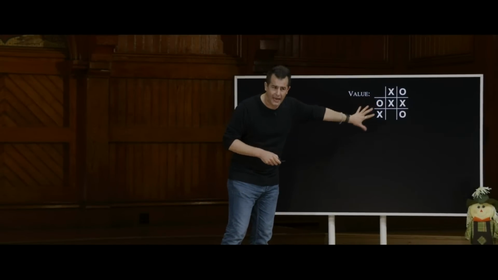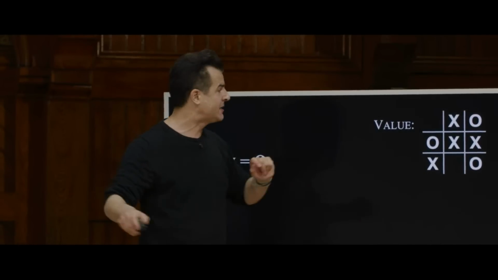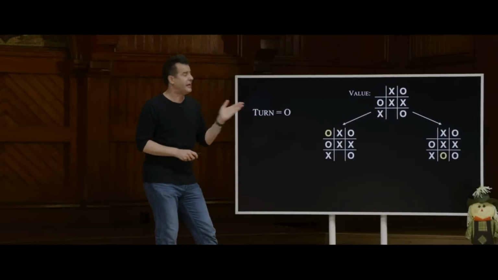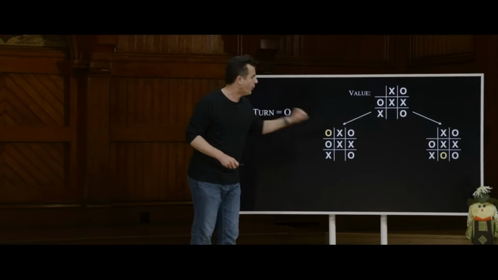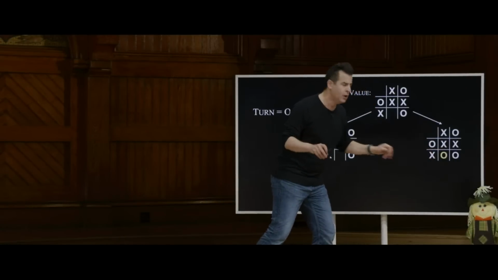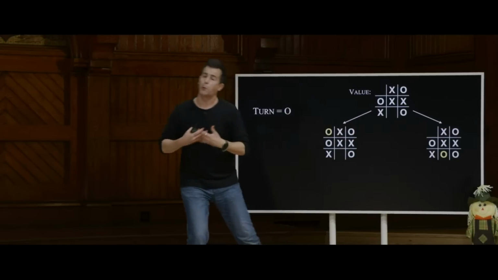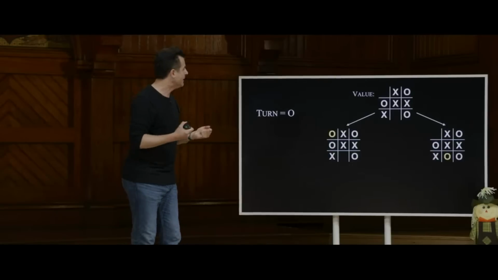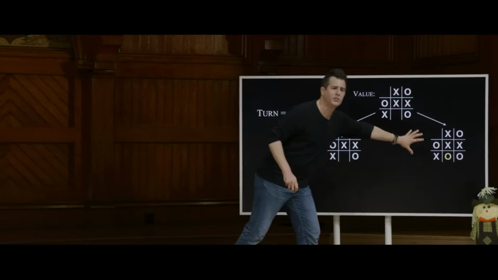Well, we don't know yet, because no one has won. So let's consider what could happen next. So we can draw this actually as a tree, as before. Here, for instance, is what might happen if O goes into the top left-hand corner. And here's what might happen if O goes into the bottom middle spot instead. We should ask ourselves, what's the value of this board? What's the value of this board? Because if O's purpose in life is to minimize its score, it's going to go left or right based on whichever yields the smallest number, -1, ideally. But we're still not sure yet, because we don't have definitions for boards with holes in them like this.